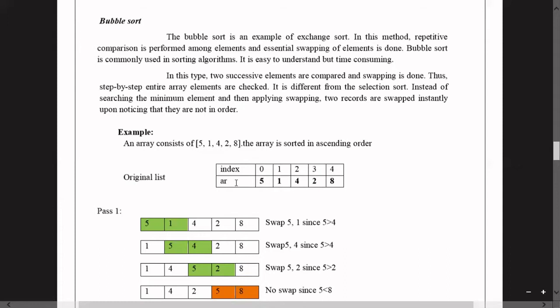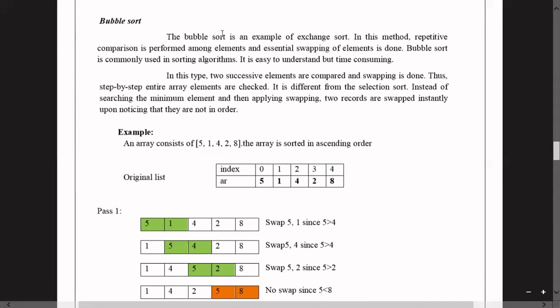If a set of elements is given, for example these 5 elements, the repetitive comparison is made among these elements, and if necessary, the exchange or swapping is done.